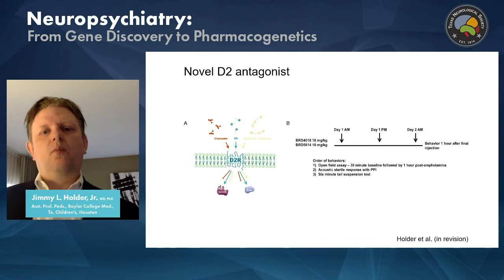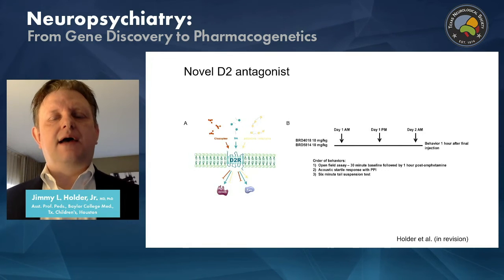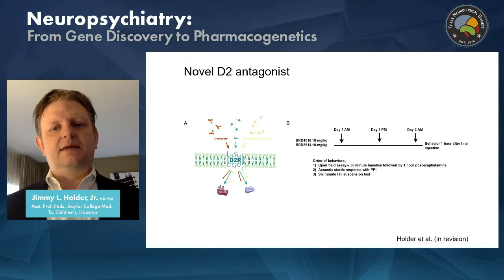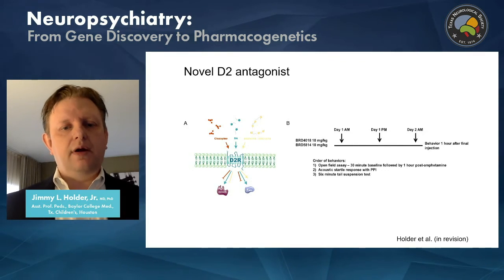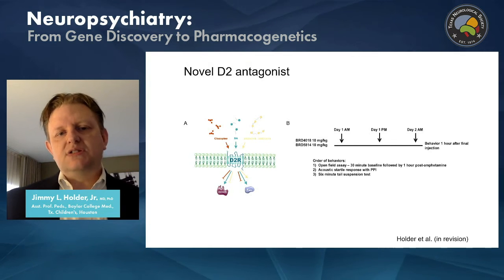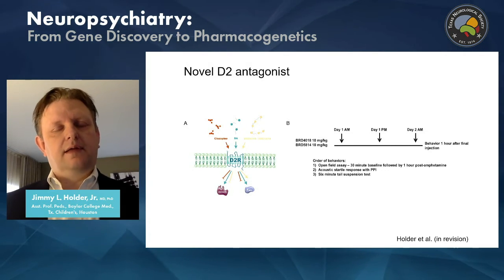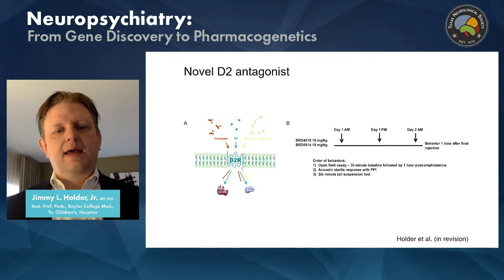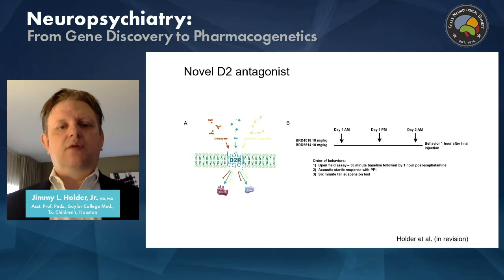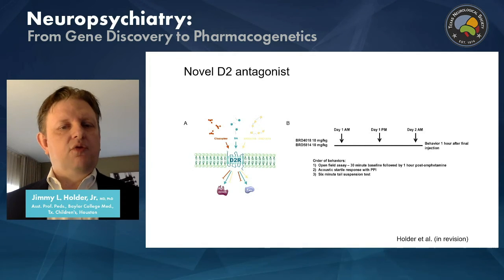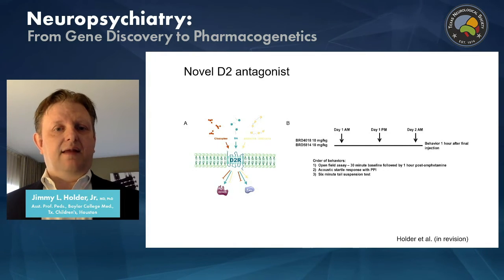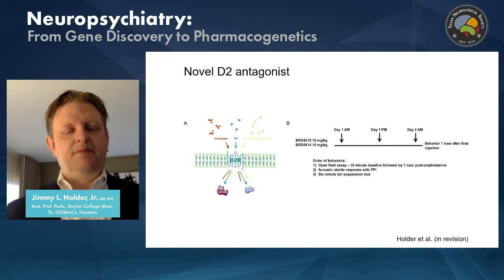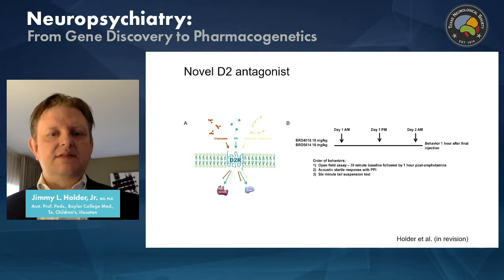So next, we wanted to determine whether we could use pharmacologic means to further assess the dysfunction, and in particular, whether we could rescue behaviors by targeting D2 neurons. We initially started with a clinically approved D2 antagonist called clozapine. When we administered clozapine to our Shank3 overexpressing mice and their wild-type littermates, we really got a significant side effect with all of the doses that we administered, which is they all developed catalepsy and basically just sat in the middle of the cage. And this sort of side effect is something that's known for clinically available D2 antagonists